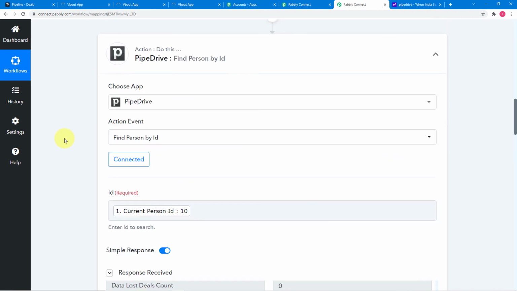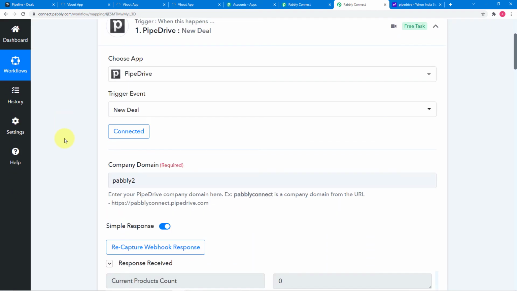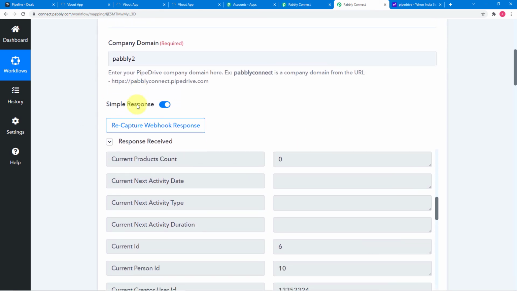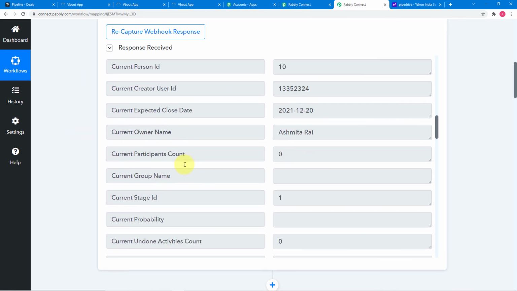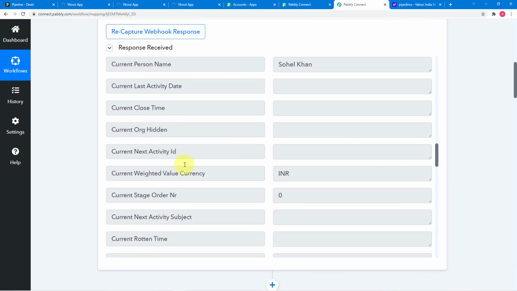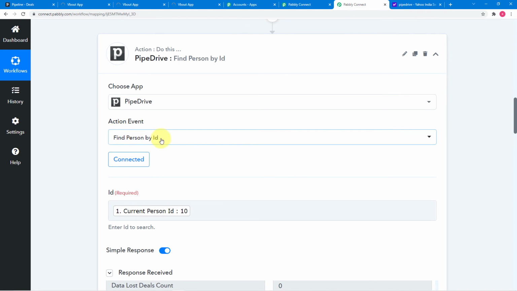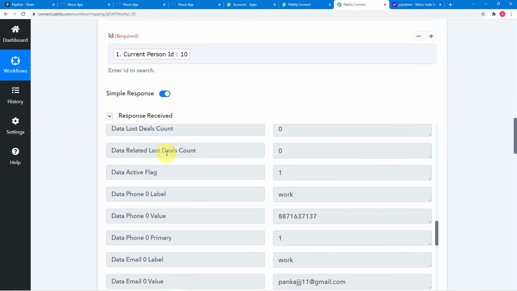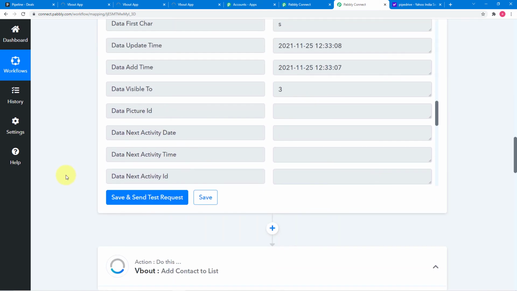Now let me show you a quick recap of what we have done here. First of all, in this trigger, we connected the Pipedrive application and collected the response of a new deal here in Pabbly Connect from Pipedrive like this. But we do not get the whole information of the contacts here. So we connected Pipedrive again to find the person by ID, and by this ID we collected the response like this, in which we got the email address and other details of the contact also.